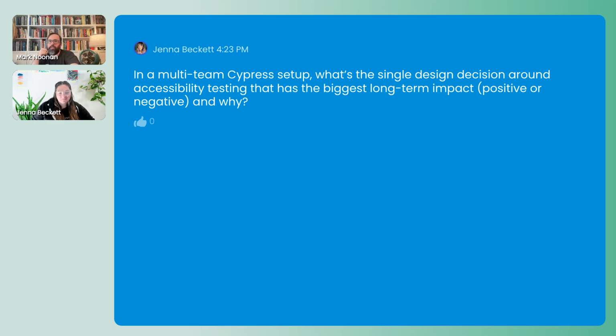So I had interpreted this question a little differently when I read it, around the test design of your setup. And I'll answer it that way because for some reason I don't want to deviate too much from what I had thought about already, because we're at the end. So on the test design, and the single design decision around accessibility testing,